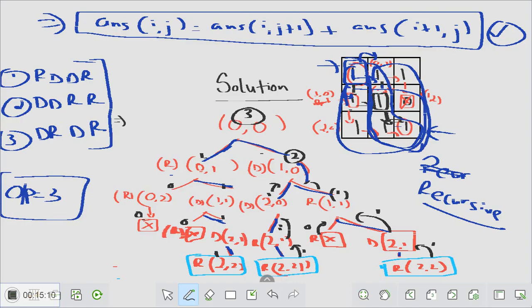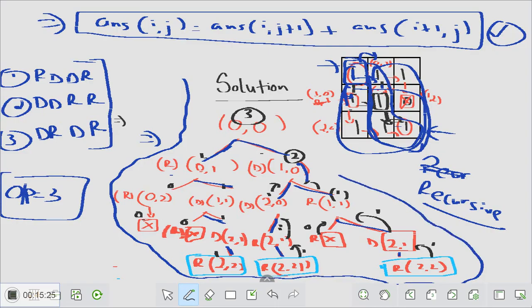I want you to notice that this problem is following, I'm not able to recall exactly, I will call it an optimal substructure. So here the solution to the main problem depends on the solution to subproblems, as we can see with this recursive relation. Now one more thing that I want you to notice here is